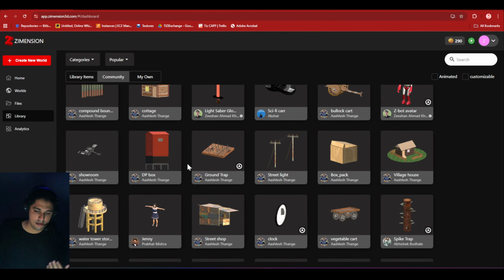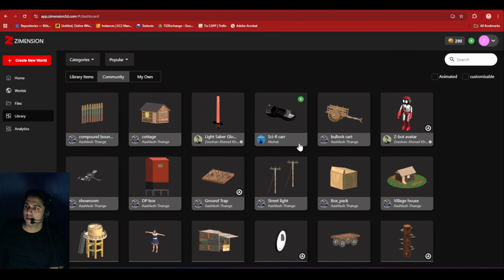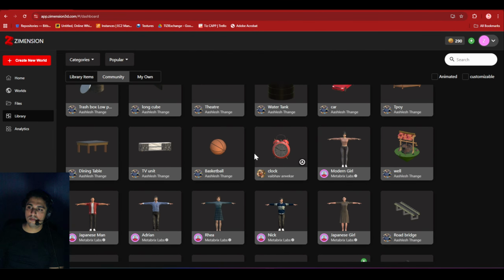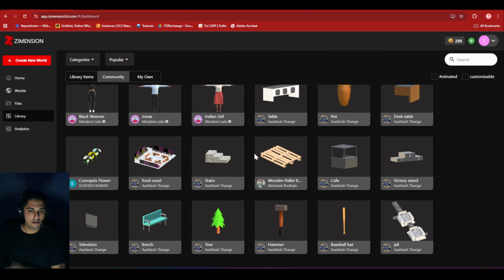These are assets from different users, like you see Ashlesh and Prabhat, and these guys have uploaded these assets and published them to the community, and I can use these assets directly in my world or in my game. So you can also publish your assets over here and enrich the library. And the best part is you will always get the credits for it.